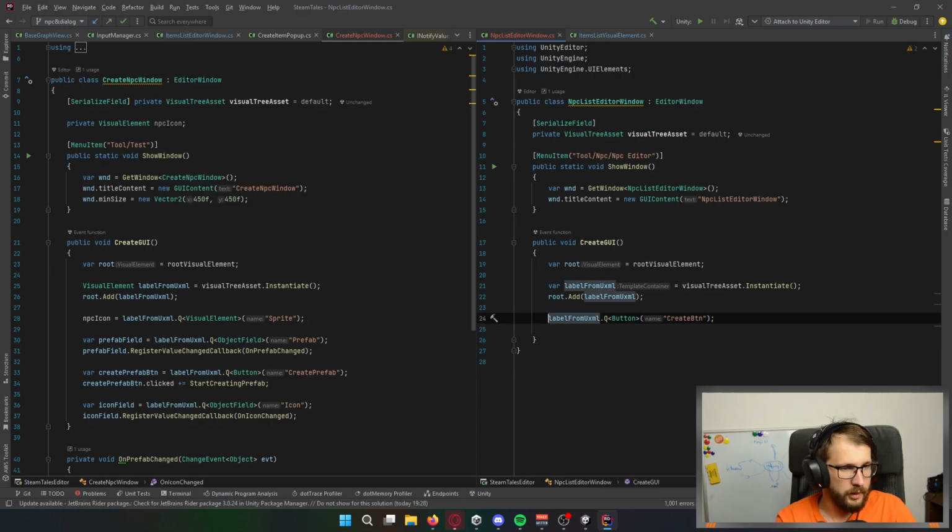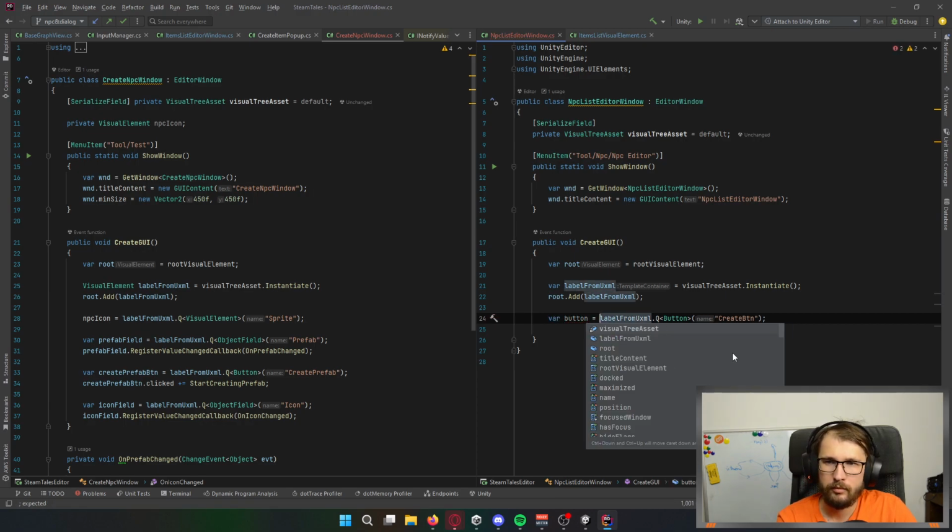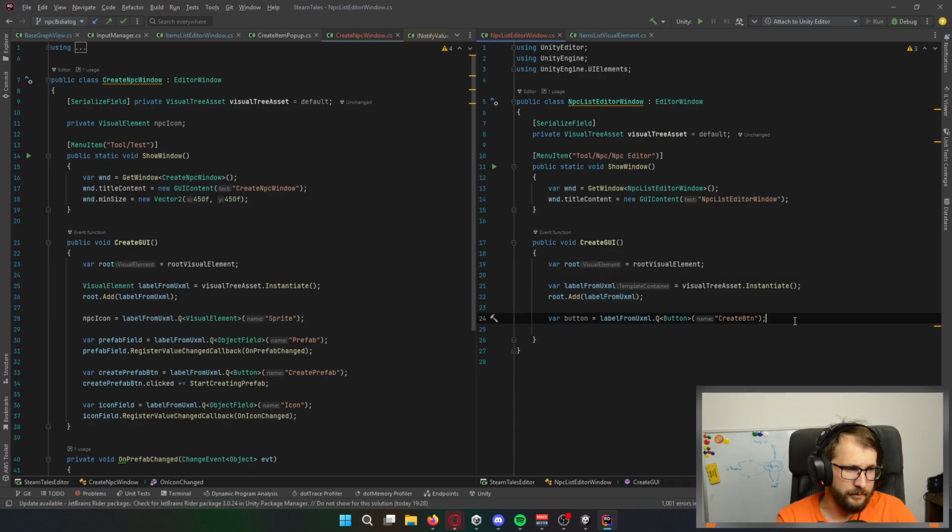Okay. Let's take it to a variable. Instead code create button. Yeah. Naming is something that I have huge problems with up to this day, but I think I'm settling on one approach.